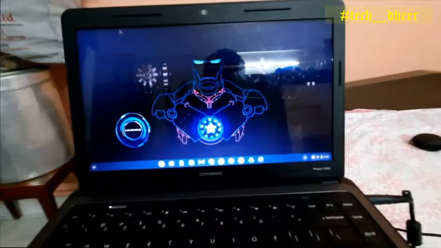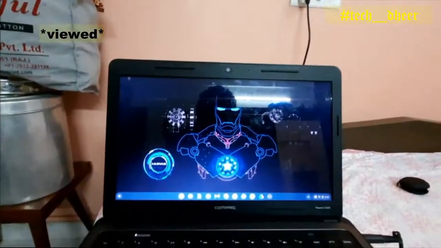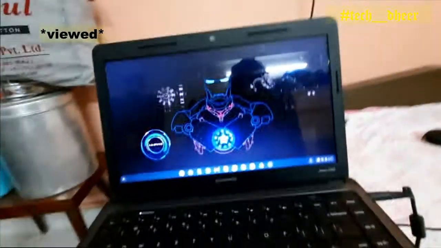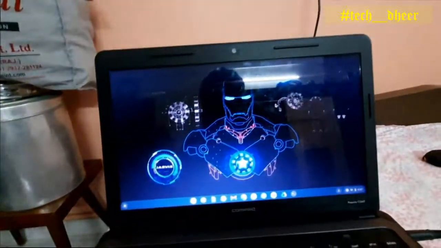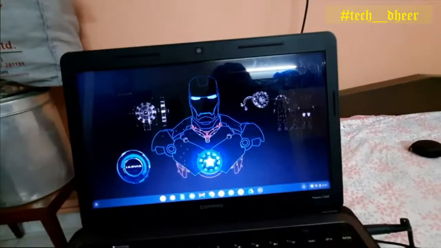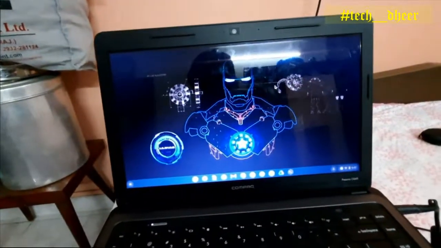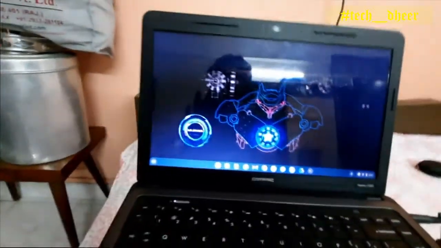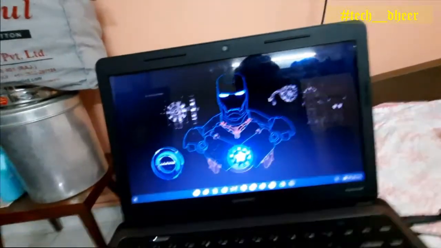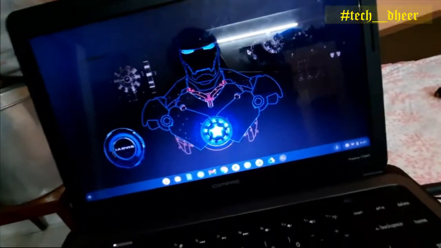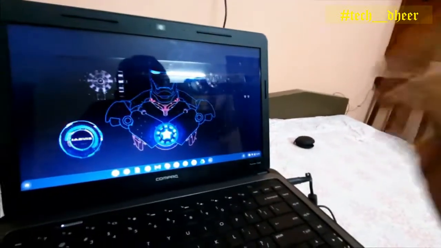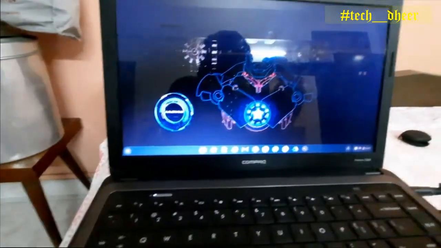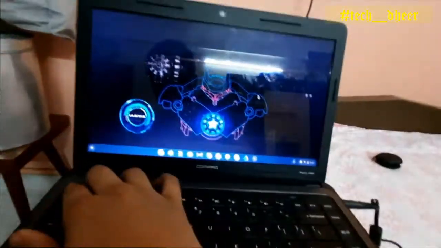And I just looked at some YouTube channels to install it, because I don't know all the codes. The thing I used was a Linux distribution called Linux Mint, and then I used the legacy mode branch, and then I took a recovery image and installed it. The main part is, all YouTubers show that Chrome OS can only be installed on a UEFI boot machine, but over here I have installed it in legacy. I'll show you the specs right now.